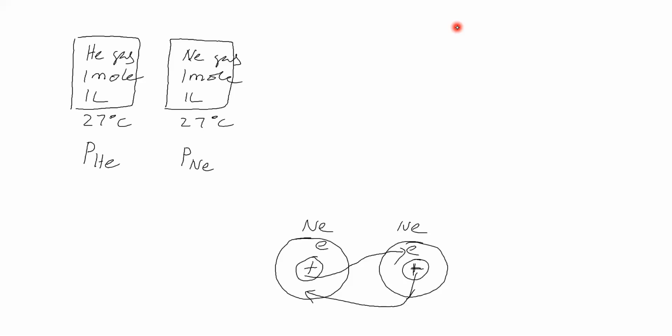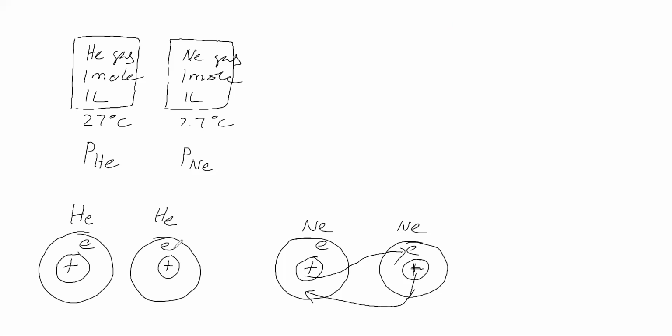Okay, you are saying that the attractive forces between helium molecules and between neon molecules are different. Why do we say different? Let us take helium molecules. Here the nucleus is present and it has an electron cloud. Around the nucleus, electrons are present. Helium has atomic number 2, so it has 2 electrons and 2 protons. Neon has atomic number 10, so it has 10 electrons and 10 protons.